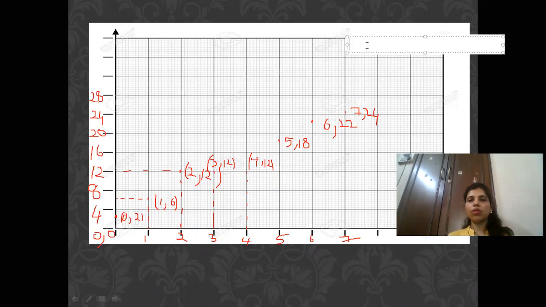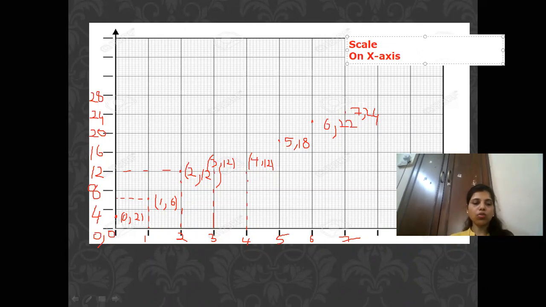So for the scale heading, you have to write scale, and then on the x-axis, you can see two boxes. So 2 centimeter is equal to 1 second,